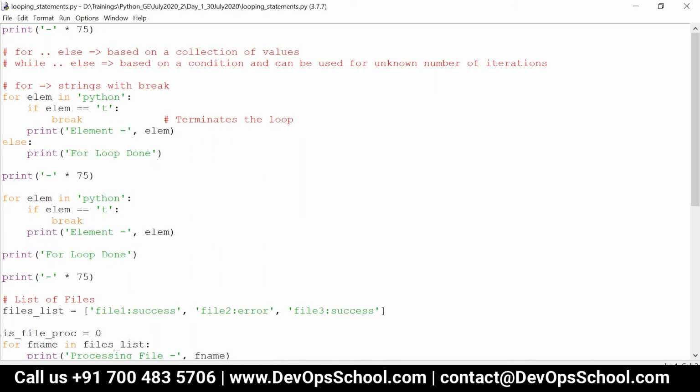Any problem? I had some indentation error, but I corrected it.